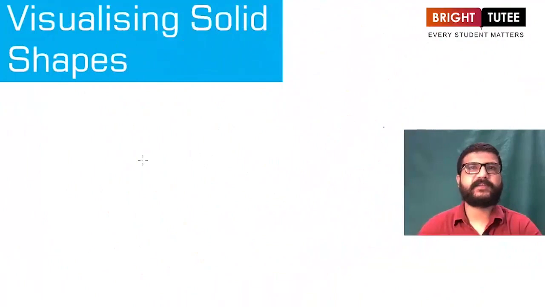In the previous session, we introduced some of the solid shapes like cylinder, cone, cube, cuboid. All these solid shapes we discussed in the previous session. Now in this session, we are going to see how we can plot them on a piece of paper, or how we can draw them on paper. Because now our drawing surface is a plane and the shapes which we are drawing are 3D. How to draw 3D figures on a 2D plane, that we are going to discuss in this session now.